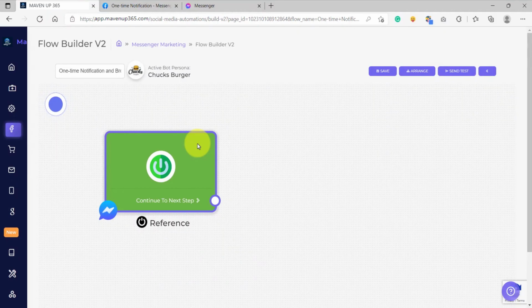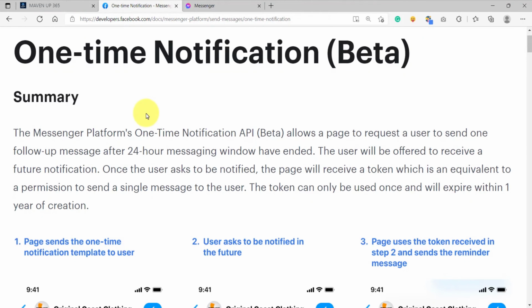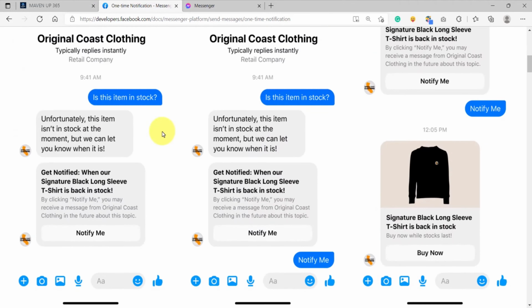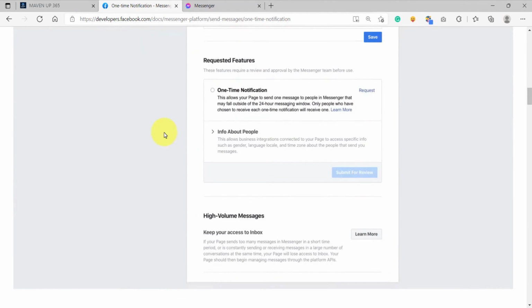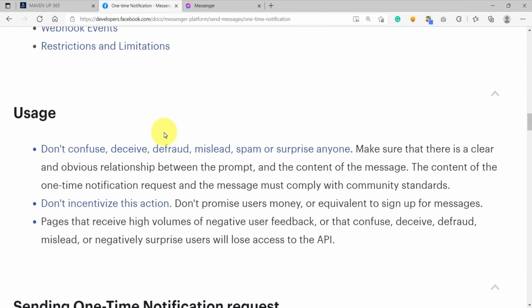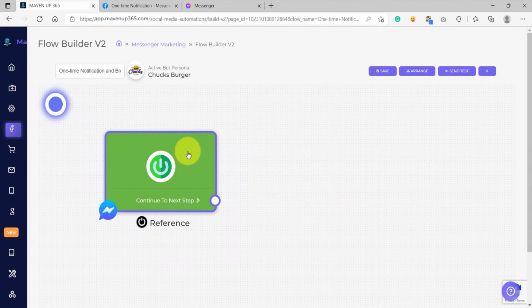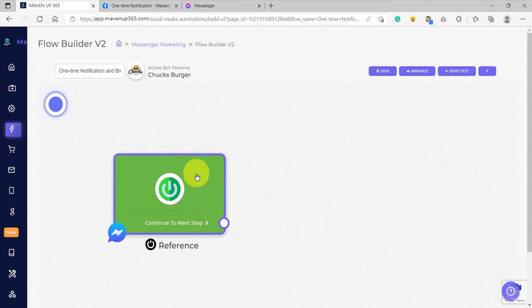In this video, we are going to learn how to use the one-time notification element in our chatbot flow. In the previous video, we learned what the one-time notification feature is, what it does, how we can request permission, and what the proper usages of this feature are. So now let's go back to our chatbot flow and actually build one using the one-time notification